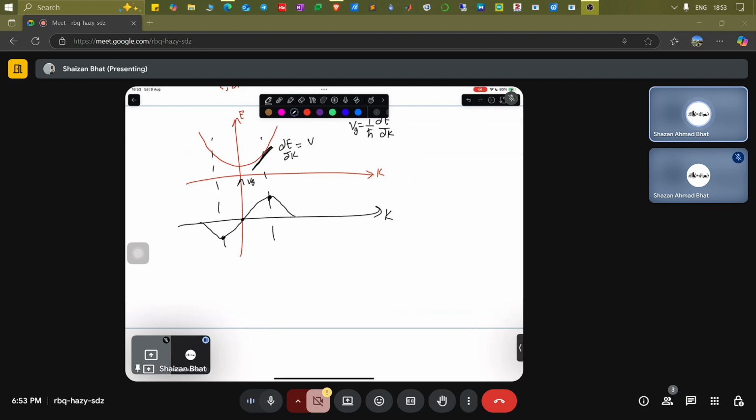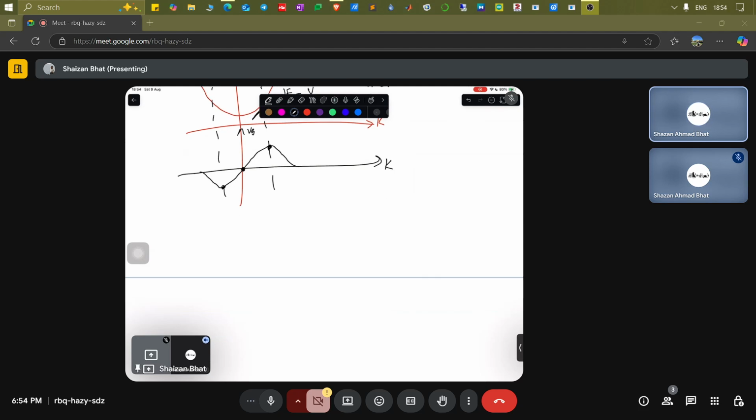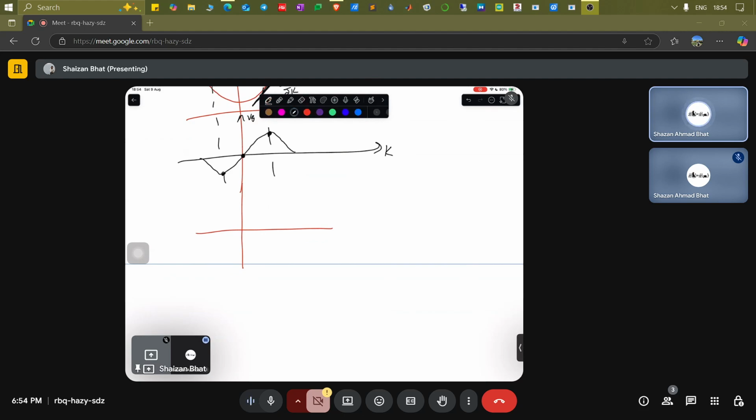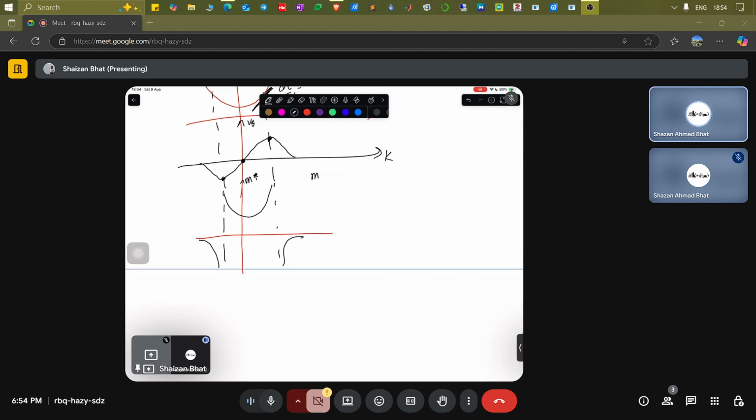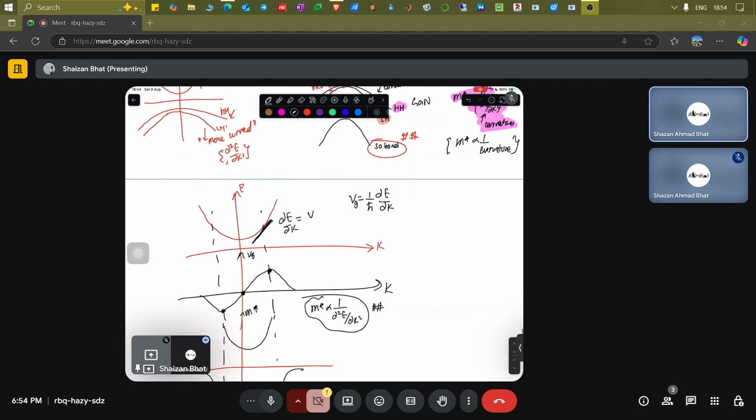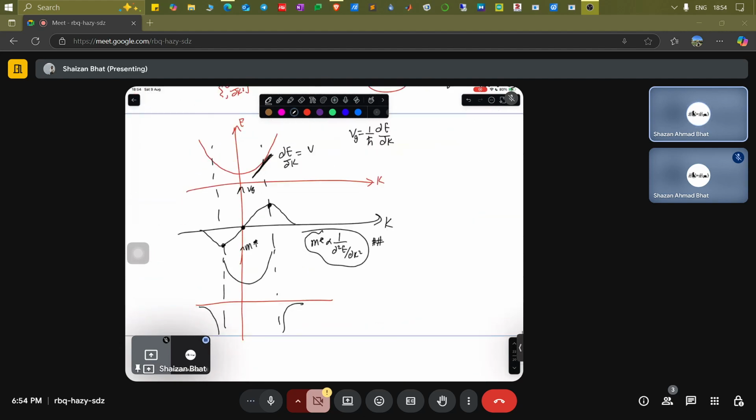It reaches a maximum at a certain point and kind of goes back and forth in this band. That is the behavior of the electron. And again, if you draw the effective mass of this electron in a band, basically it would look something like this. So this is m star. m star is inversely proportional to ∂²E/∂k², so m* ∝ 1/(∂²E/∂k²). This is the exact representation. That comes from the semiconductor physics you have studied already.